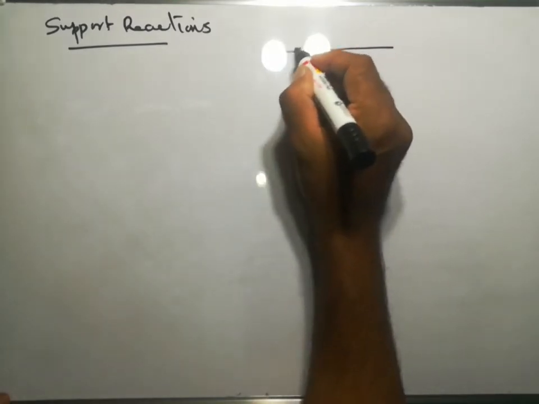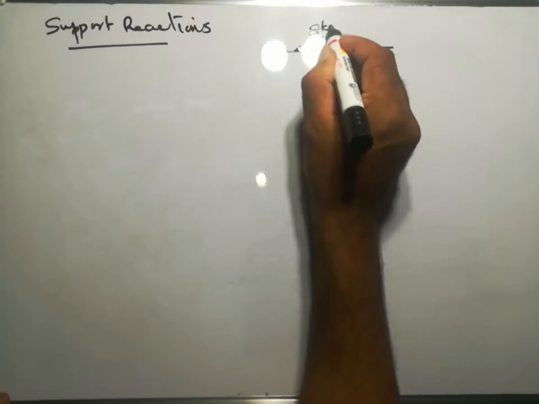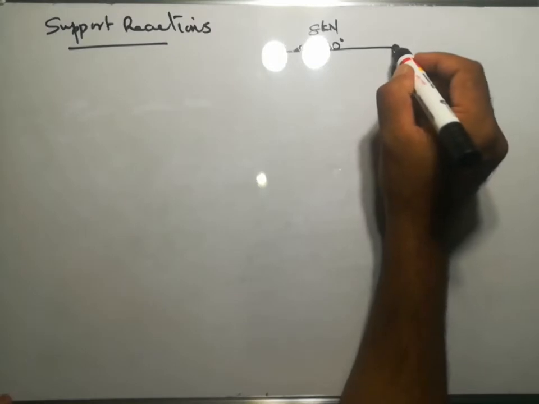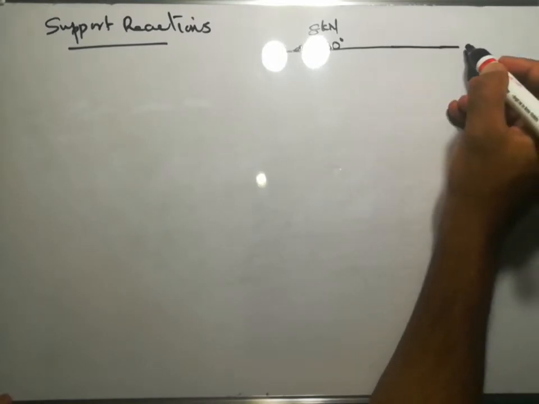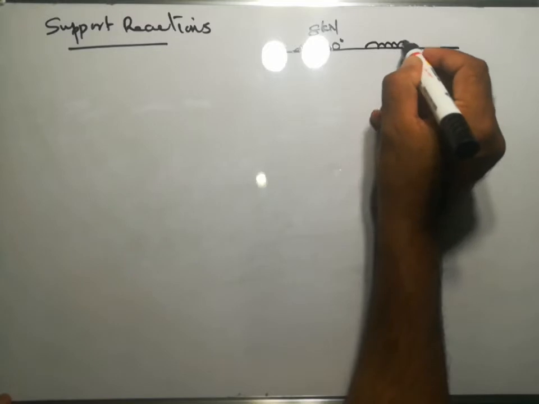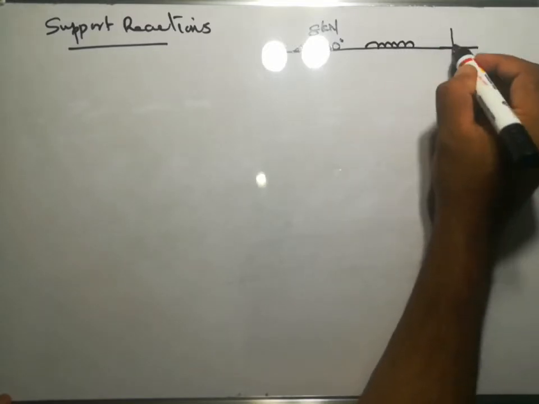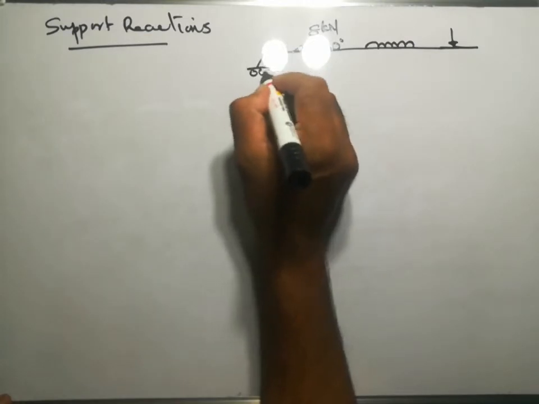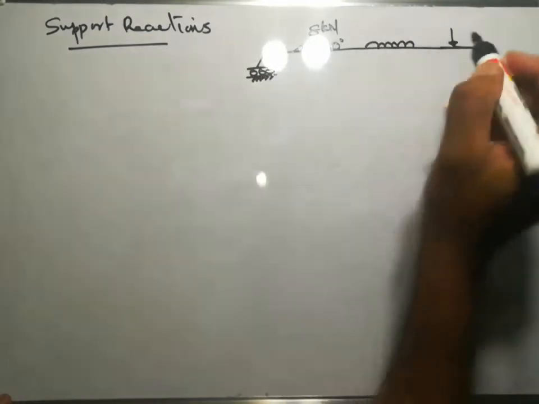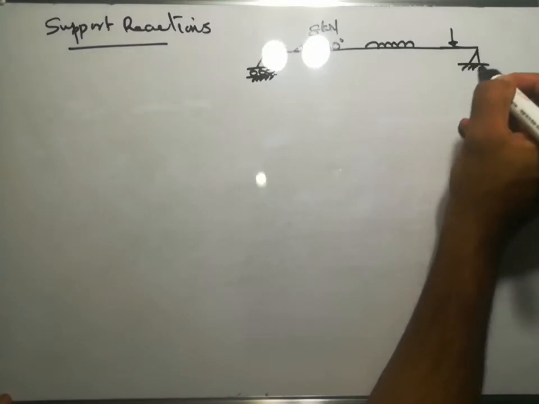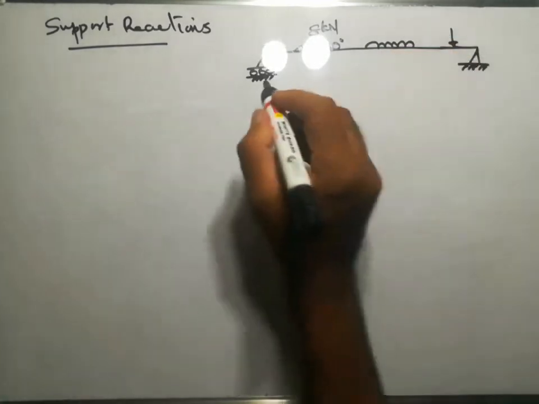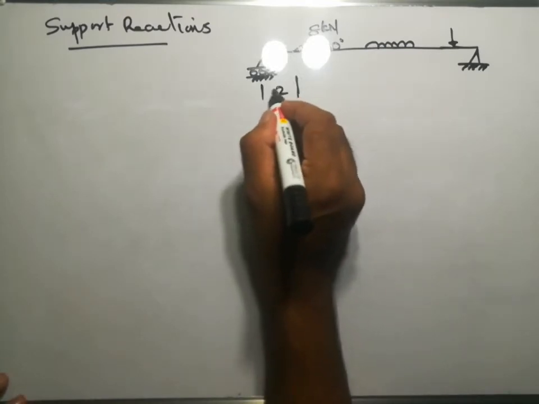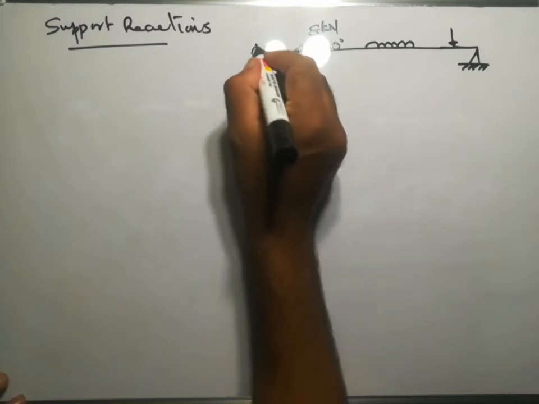an inclined force of 8 kilonewton at 30-degree angle with the horizontal, and one UDL and another point load, and the supports are a roller support and a hinged support. The distances are, the inclined force is at 2 meter from end A,